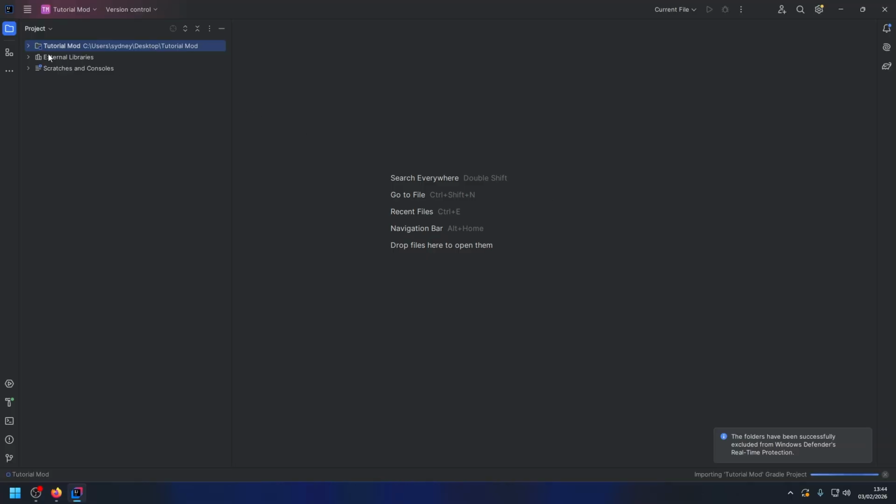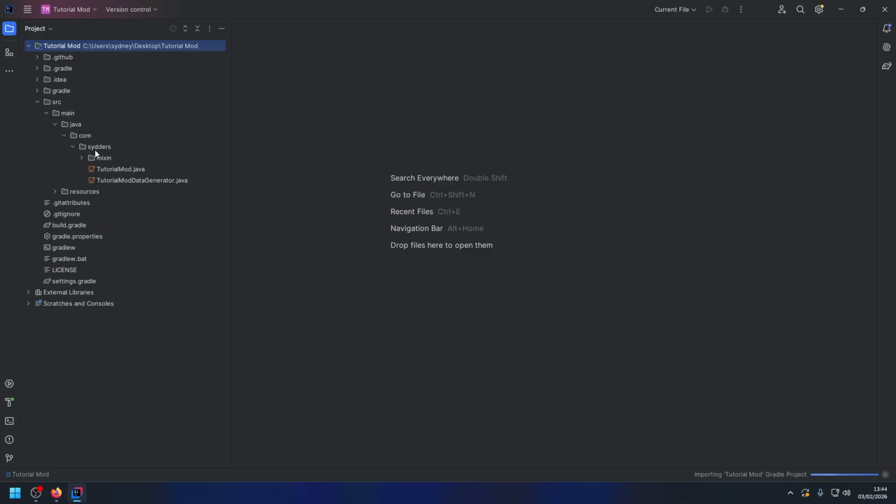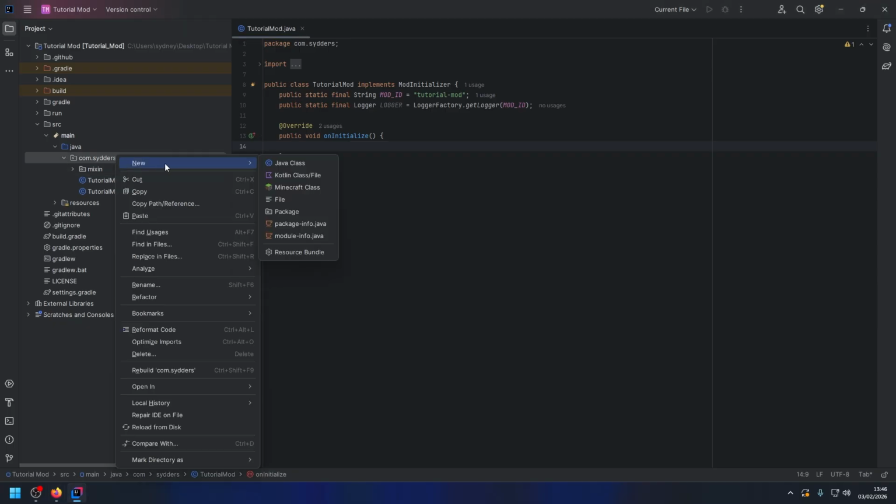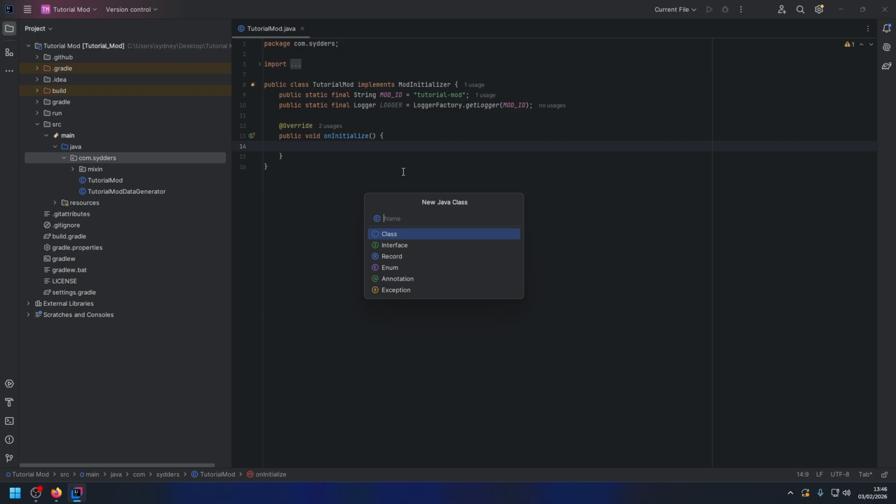You should now see a window like this pop up. If you go into your project, you can see we go source, main, Java, and then you've got com, Sydders. Obviously, this will depend on what you've got. We also want to make a client initializer. So if we right-click onto your main package, press new Java class, and I'm going to call this tutorial mod